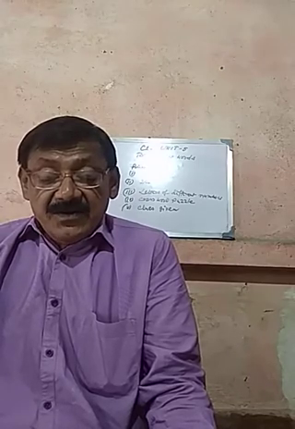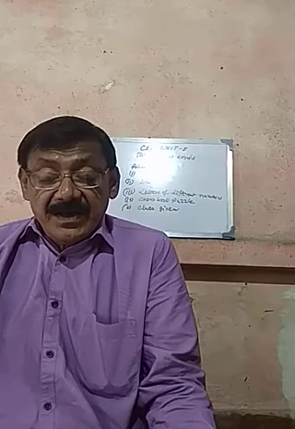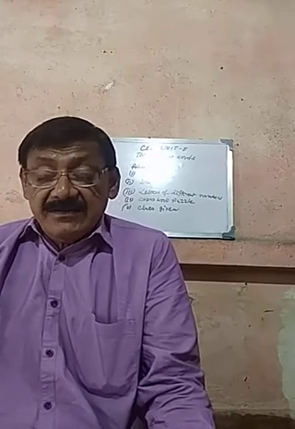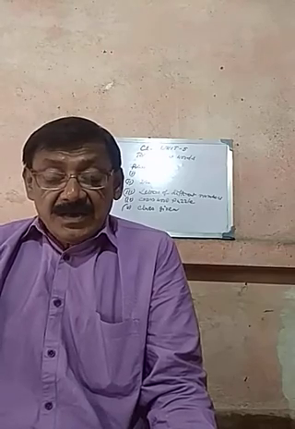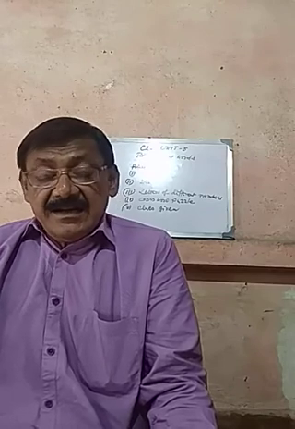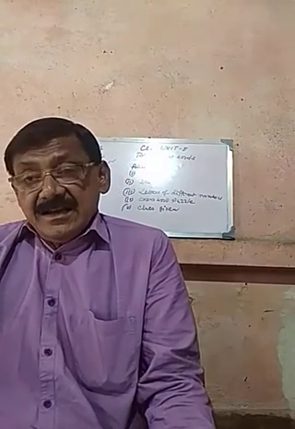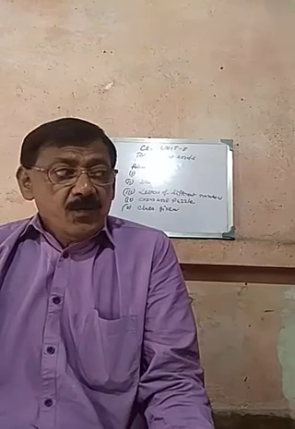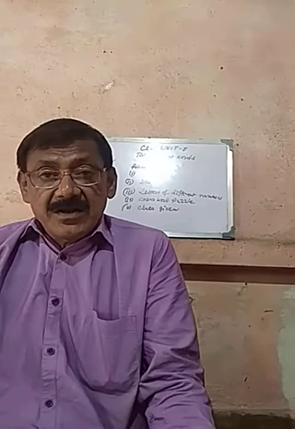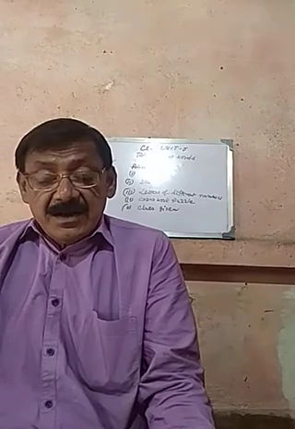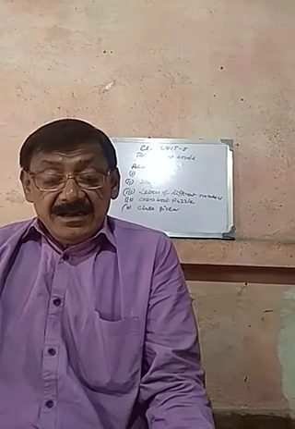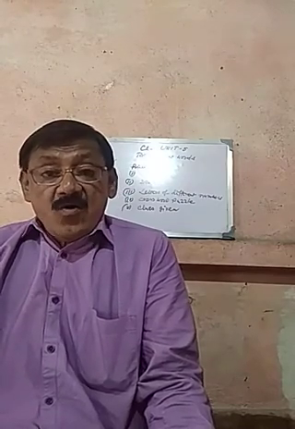7 letters are for thermal: 1, 2, 3, 4, 5, 6, 7. And 12 letters are for conductivity. The total is 12 plus 7, that means 19 letters, divided into two parts: the first part is 7 letters and the second part is 12 letters. Total 19 letters for thermal conductivity, serial number 13 of across.